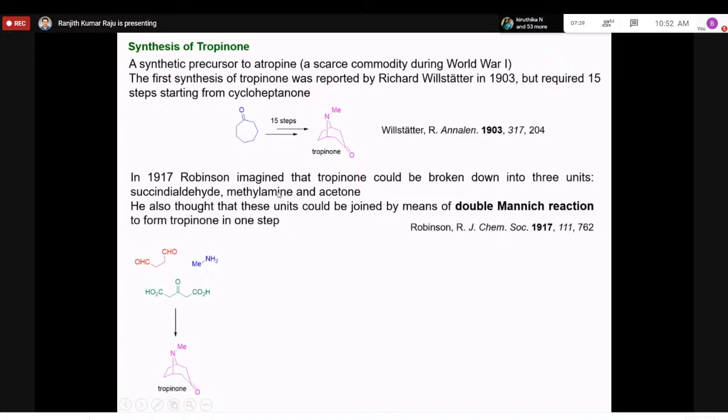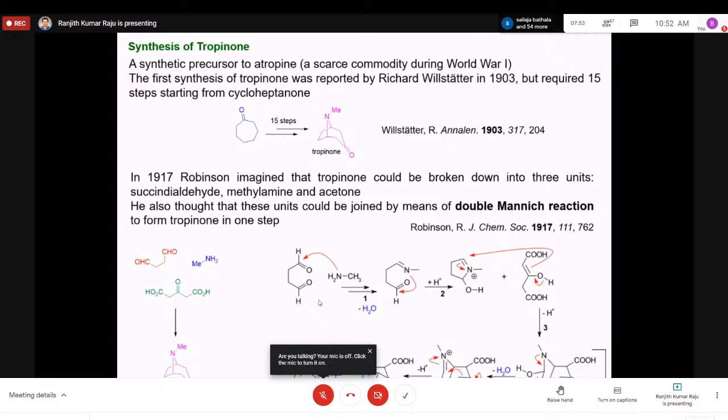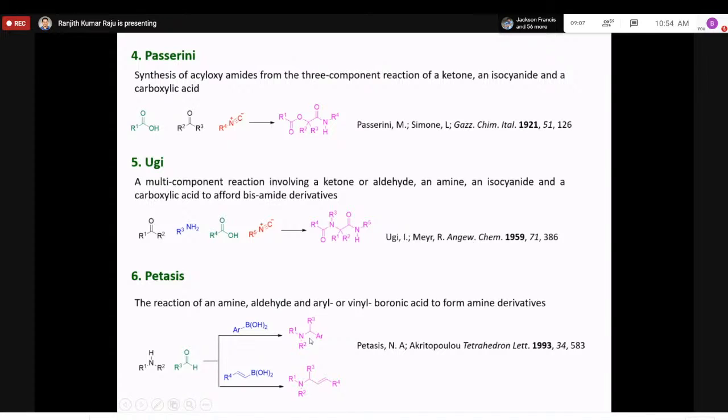But later on, Robinson just imagined that this tropinone can be broken into three parts: a dialdehyde, an amine, and a ketone. And this compound can be synthesized in one step. It involves a double Mannich reaction, which leads to the tropinone in one step. So just imagine, 15 steps and one step. So these domino reactions are very much helpful in synthesizing compounds. So these are a few classical examples of domino reactions, which we have already learned,